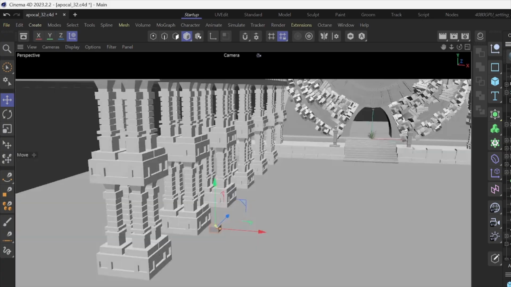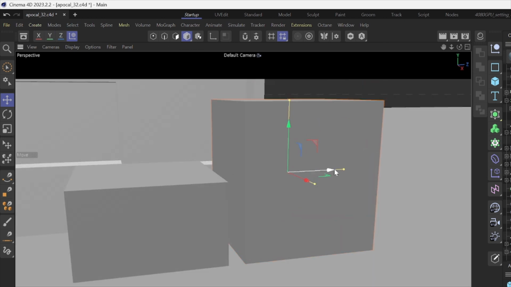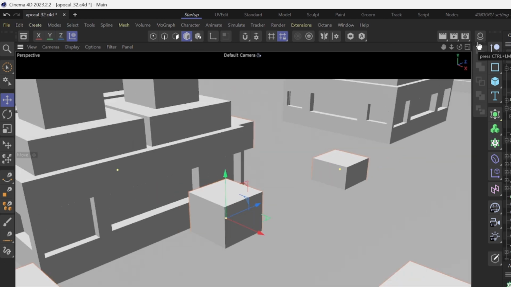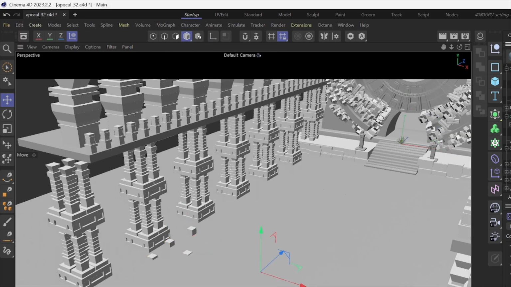Create 2 or 3 cube shapes. Align the cloner's position with the cubes, then place the cubes inside the cloner. Select the cloner and apply the random effect. Check that it's properly loaded in the effectors window, then check the position and rotation parameters, and adjust them to